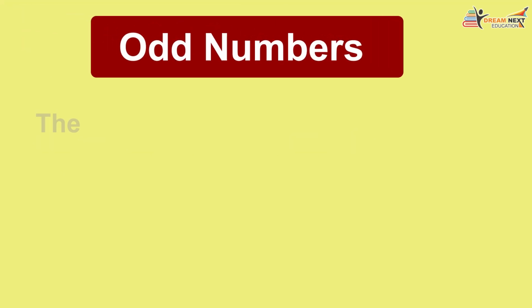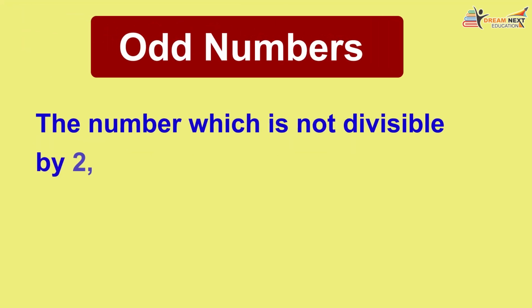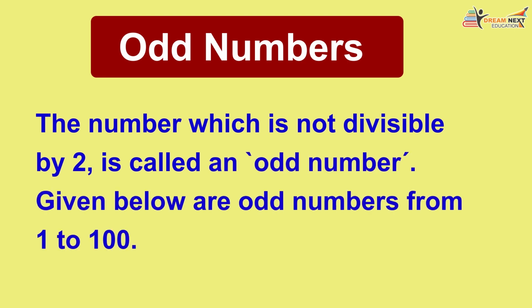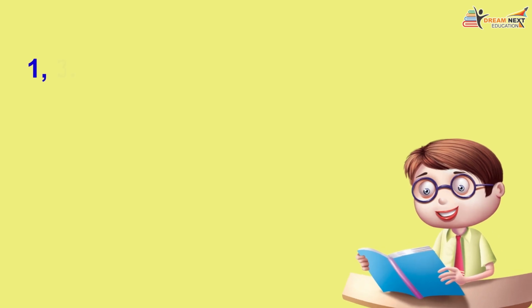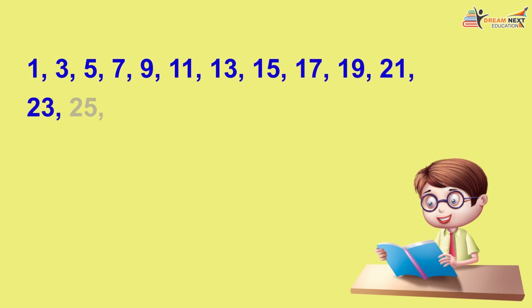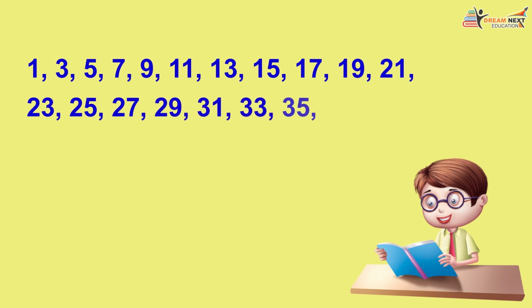Odd numbers. The number which is not divisible by 2 is called an odd number. Given below are odd numbers from 1 to 100. 1, 3, 5, 7, 9, 11, 13, 15, 17, 19, 21, 23, 25, 27, 29, 31, 33, 35, 37, 39,